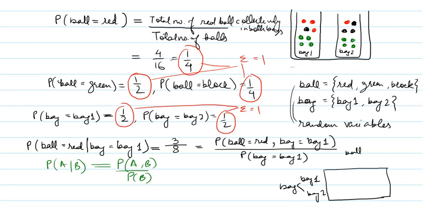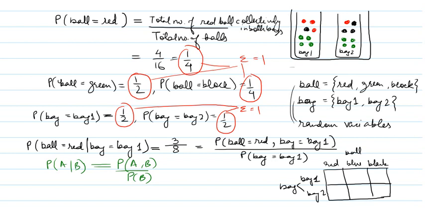So this is equal to red, this is equal to blue, and this is equal to black, right? So what is the probability that the ball is red as well as the bag is 1, right? So this place is where both are occurring at the same time,